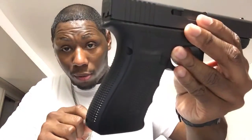And she performed very well. Once again, this is the Gen 4 with the back straps. I have no back straps on the gun. And I will put a picture of my girlfriend in this video just so you can see the size that she is. She's very, very thin. Not very thin, but she's thin, and she does have very thin hands. It's not really large like mine where I could actually fit up on a gun, but